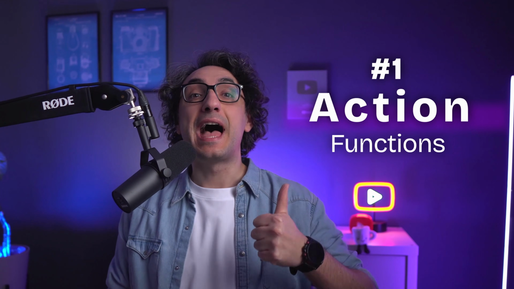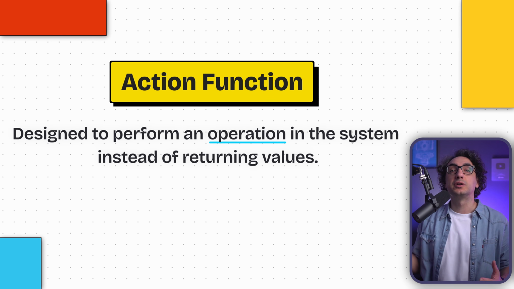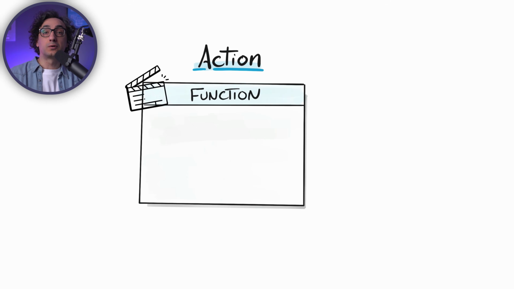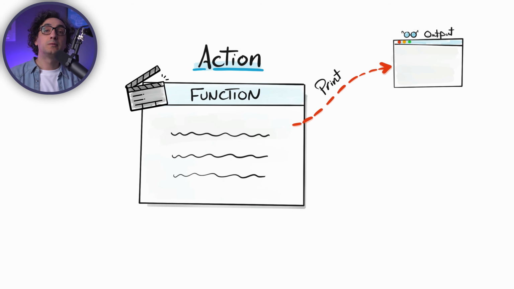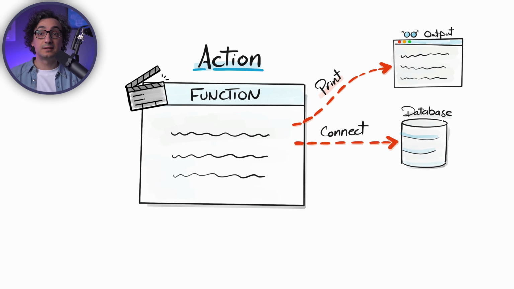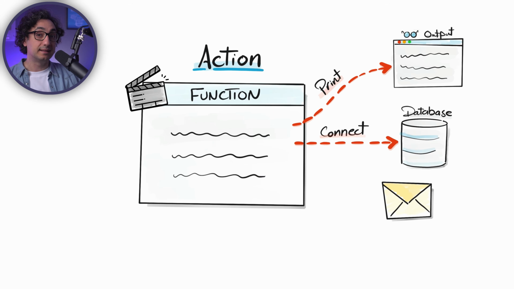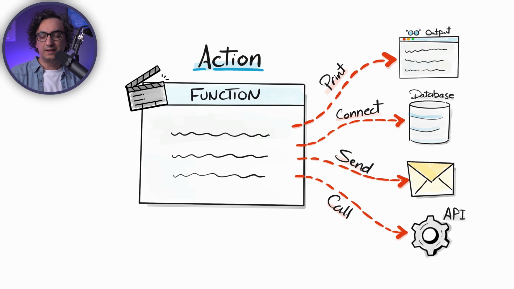Alright, the first type is the action functions. It is a function that does something in the system instead of returning a value. So action functions, they are actually focused on side effects. They change something outside the function. Like for example, a function that is printing something on the screen. Or very famous one in data engineering where it saves data to a file or to a database, or you might have a function that is actually sending emails and notifications if something goes wrong. And another one could be maybe calling an external API. So as you can see, all those action functions, they don't deal with values and data, but their job is to do something outside the function as a side effect.